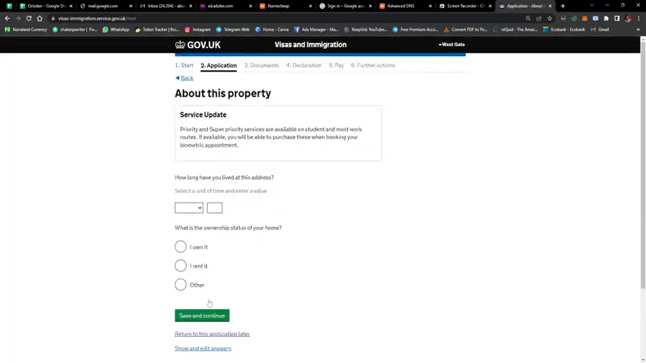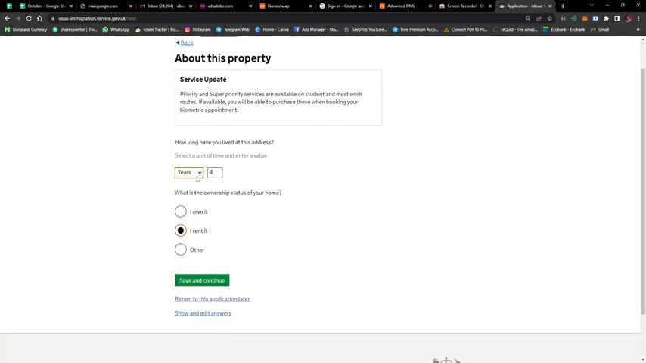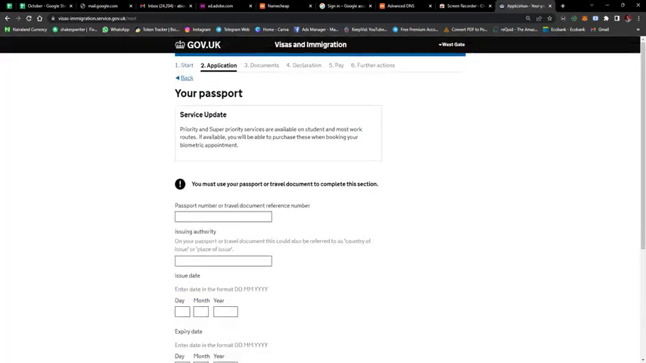Yes, this is also my correspondence address. So how long have you lived at this address? In years, I can say 4 years, and I rent it. If you own it, you can click own it. If you've been living there for a few months, click months and say, let's say you've been living there for 8 months. But if you've been living at your residence for years, select the right number of years, save and continue. Then your passport number, then edit this,